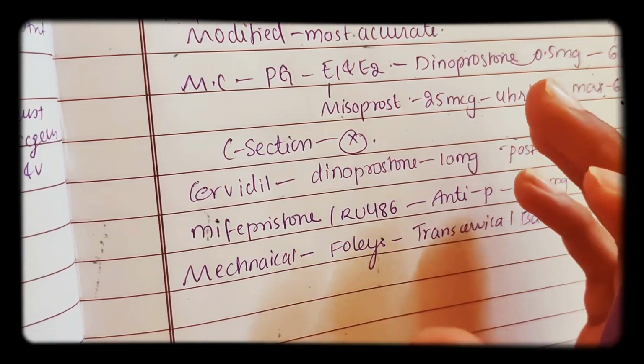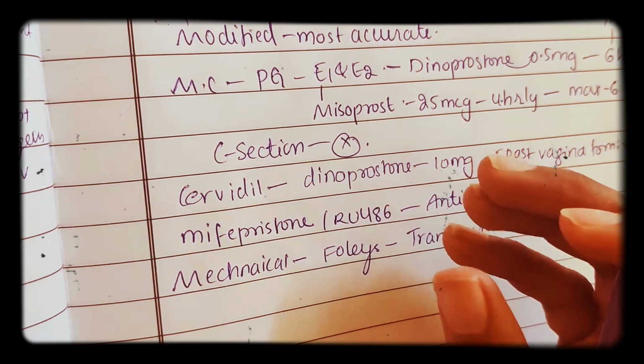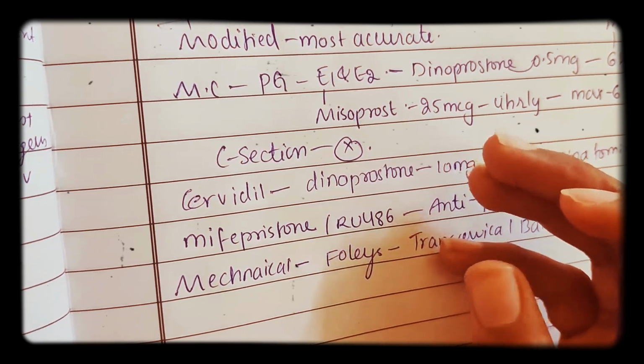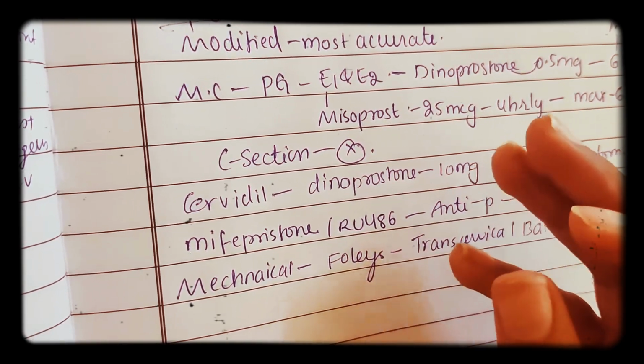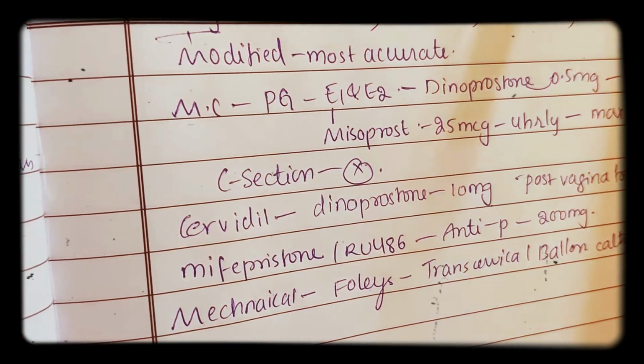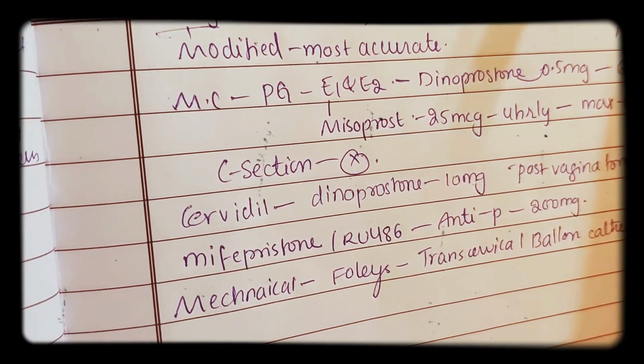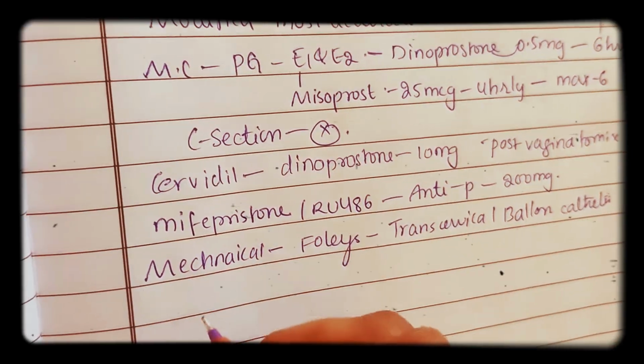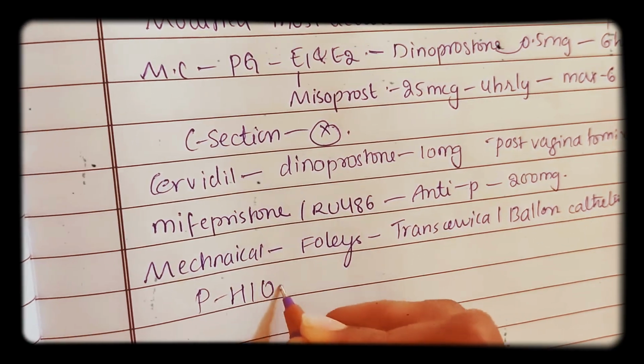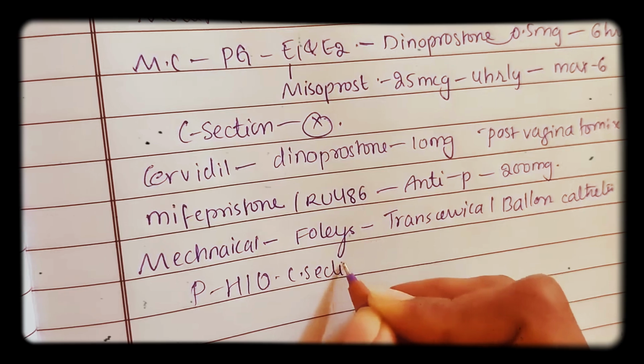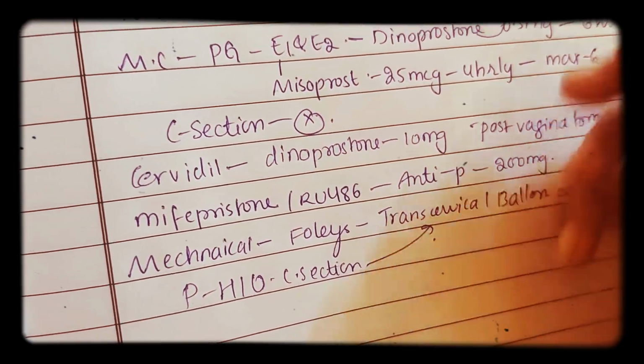Extra normal saline can also be pushed into the catheter and it enters the extra-amniotic space. This is called extra-amniotic saline infusion. It is the best method for induction of labor in patients with previous cesarean section. So if the patient already has a previous history of cesarean section, then the best method is the transcervical balloon catheter.